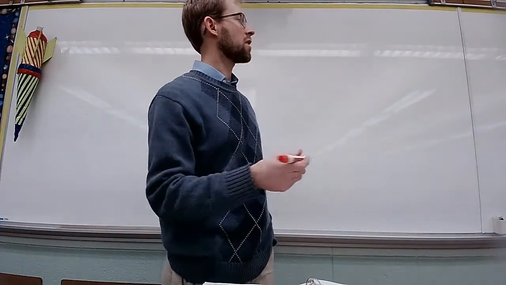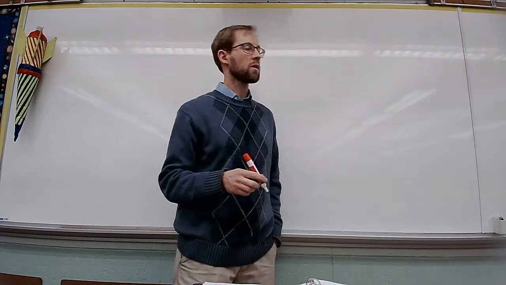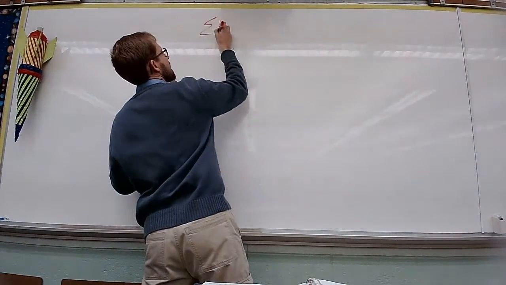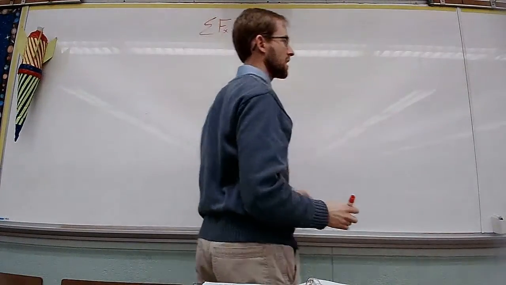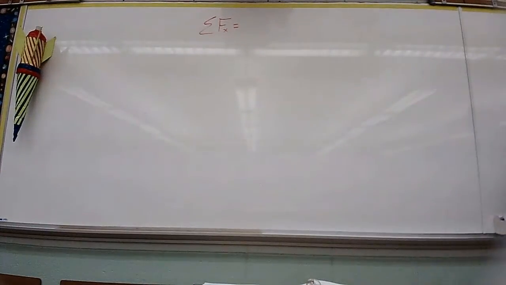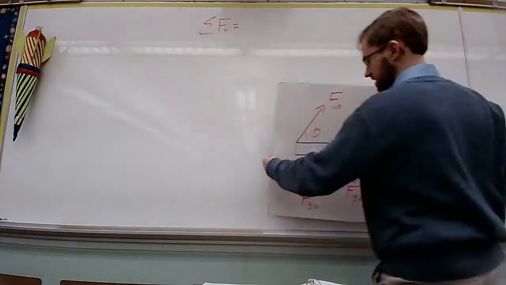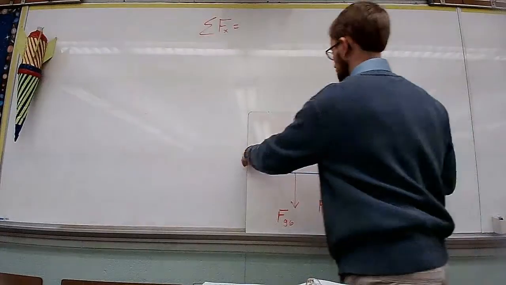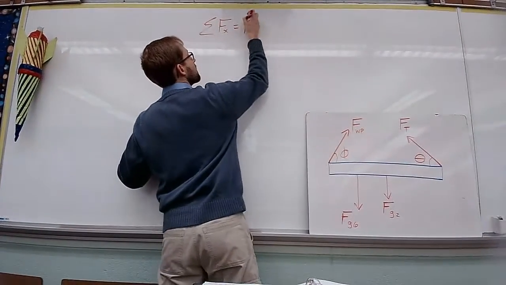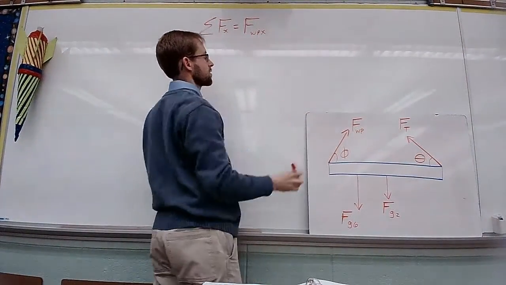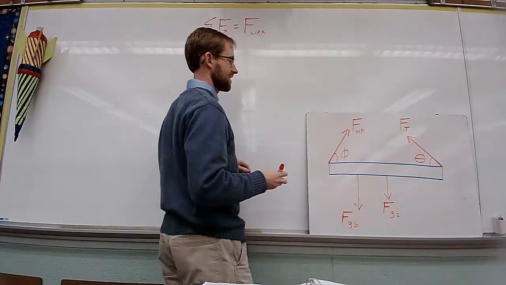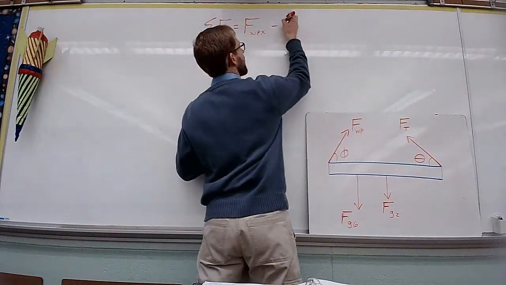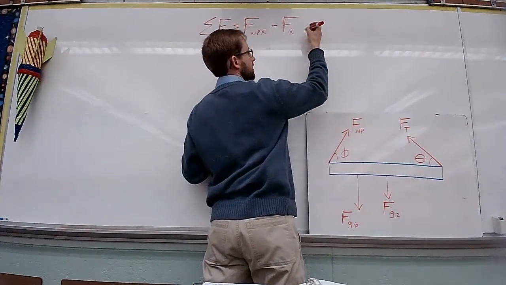So the first thing we want to do for these types of problems is look at what's going on in the x and y direction. So, in the x direction, if I sum up all the forces acting horizontally, I've got the force of the wall on the pivot partially acting horizontally. So I would just call that FWPX, force of the wall on the pivot in the x direction. Plus, so that's to the right. And then we've got tension to the left. So that's minus tension in the x direction.